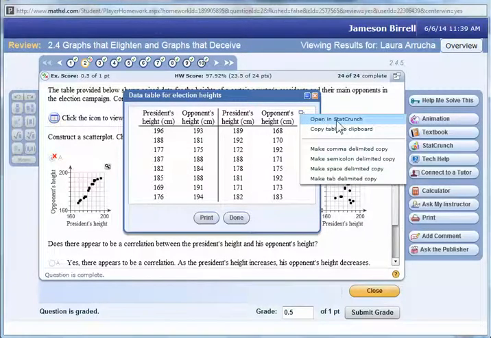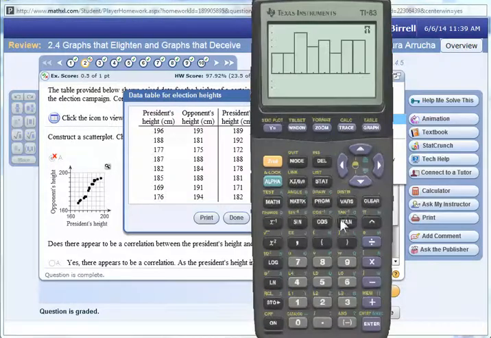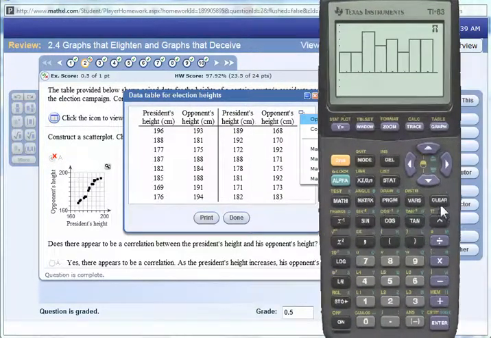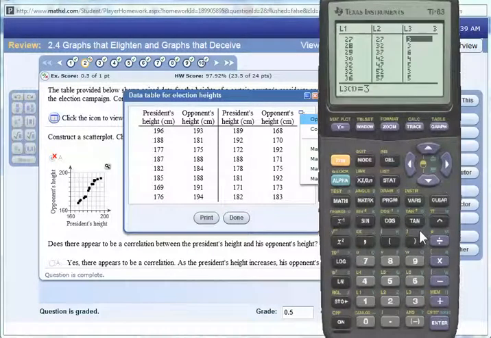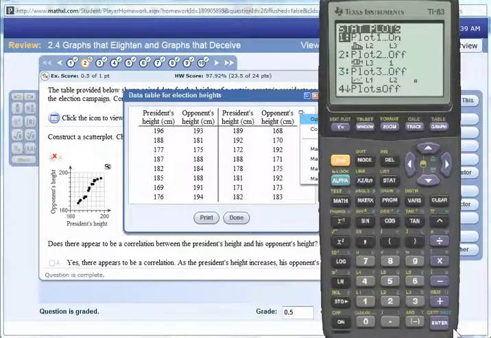Now in this window you have the ability to open in StatCrunch, and I haven't shown you guys how to use StatCrunch. I've been showing Excel today, which if you need to see it in Excel, that's fine. I've been showing the calculator. Now the calculator is not too bad either. I've stated before how that works. So in the calculator you just go, try that again, Stat, Edit, or you can go into the lists and edit them there. But in here you can edit lists, put in the first list, then the second list, and then you've got your X and Y, and then you'll go to second Y equals, you'll choose